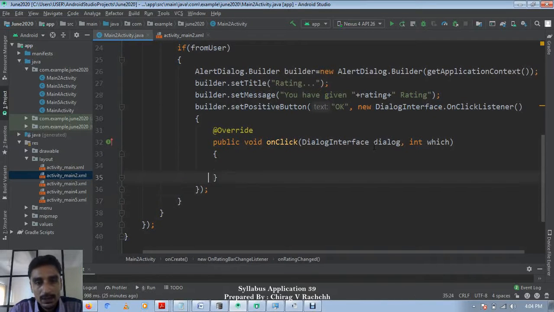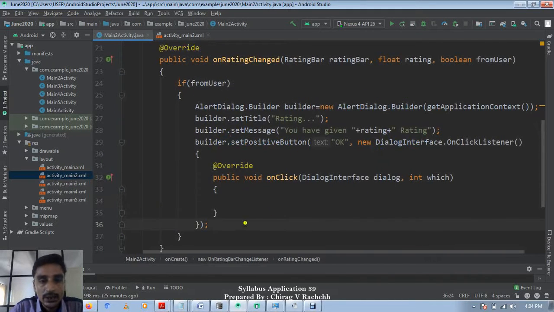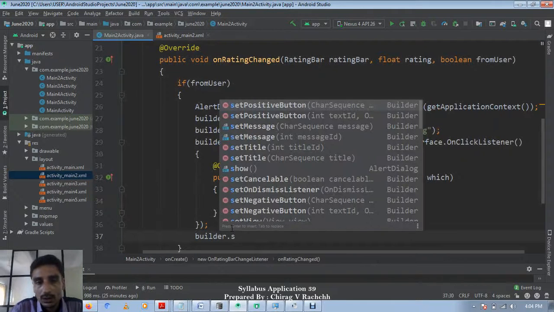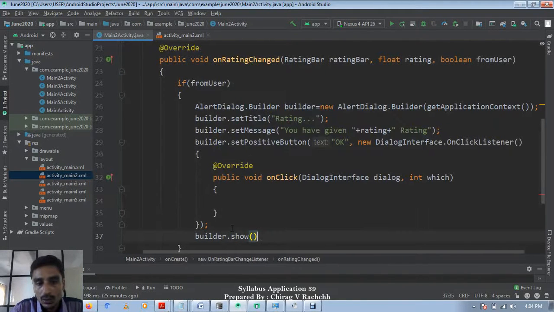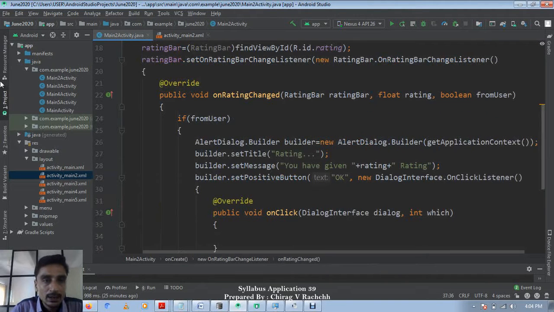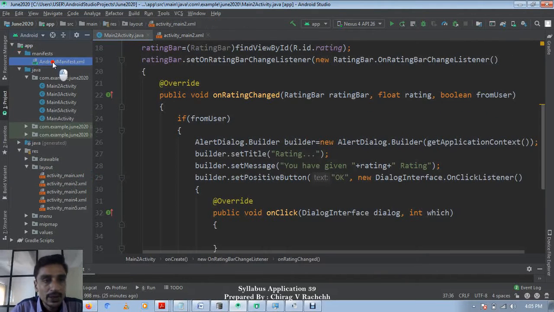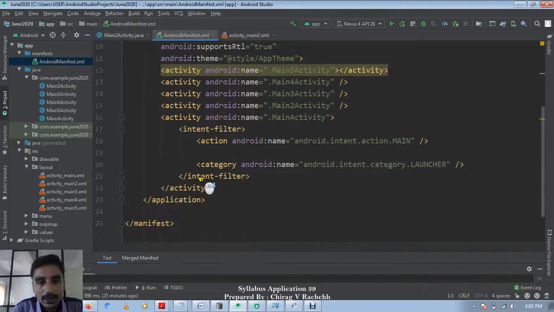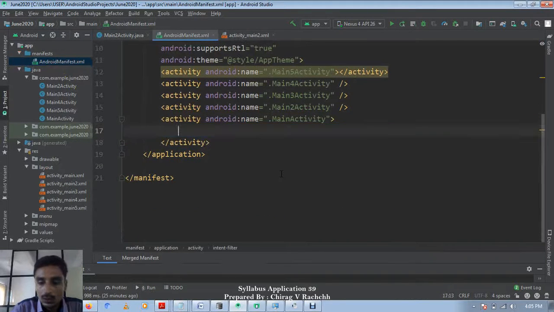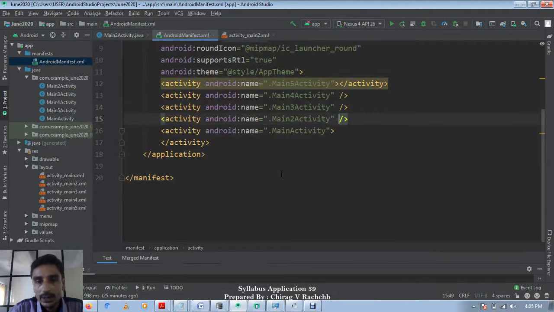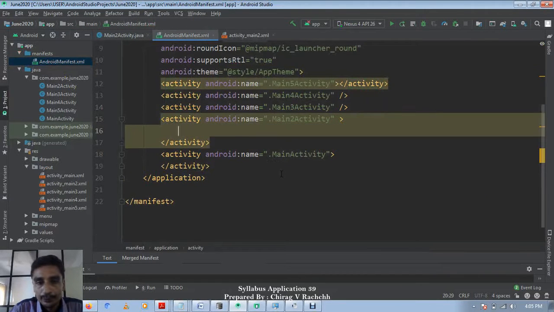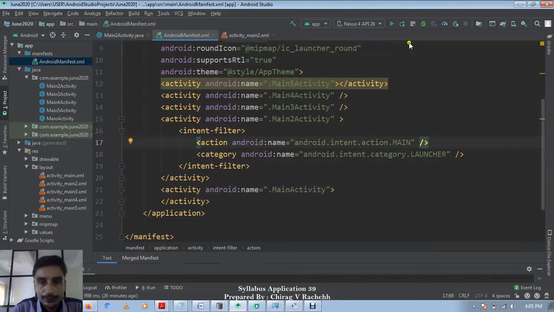Finally, to show the dialog box we should call builder.show, and in our manifest file we need to set this activity as launcher activity. Let's run it.